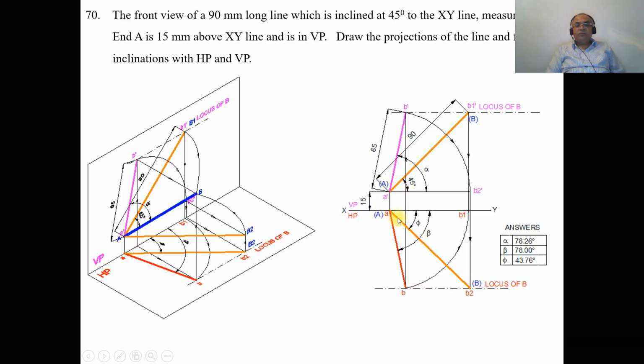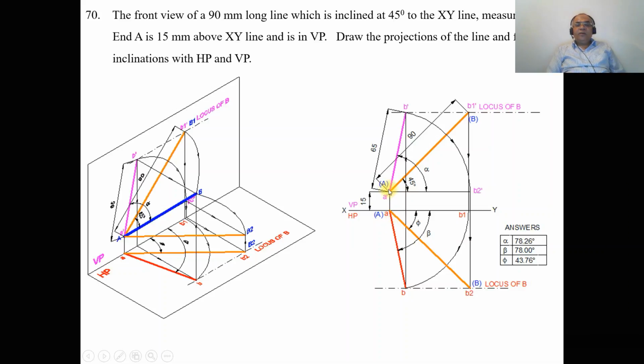Then we consider the true length in the vertical plane. Since A is in VP, obviously B1 should also be on VP. Since A dash B1 dash is the line which is the true length, from B1 dash draw a vertical projector to the XY line and mark this point as B1. With A as center, taking the radius of AB1, draw an arc using the compass such that it cuts this end projector B dash here, and mark this point as small b. Then join A to b with a dark line and draw a horizontal dash dot line and write this as the locus of B in the top view.